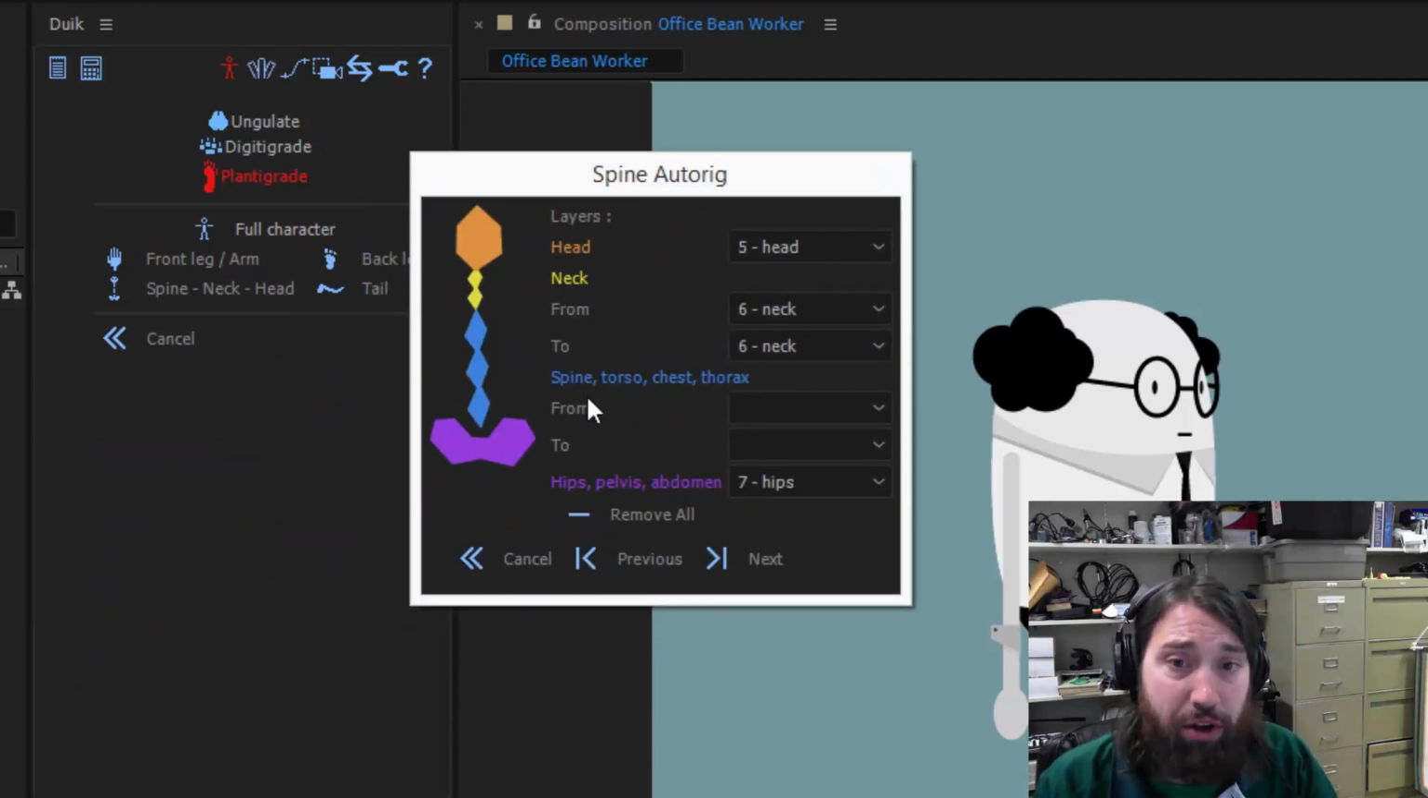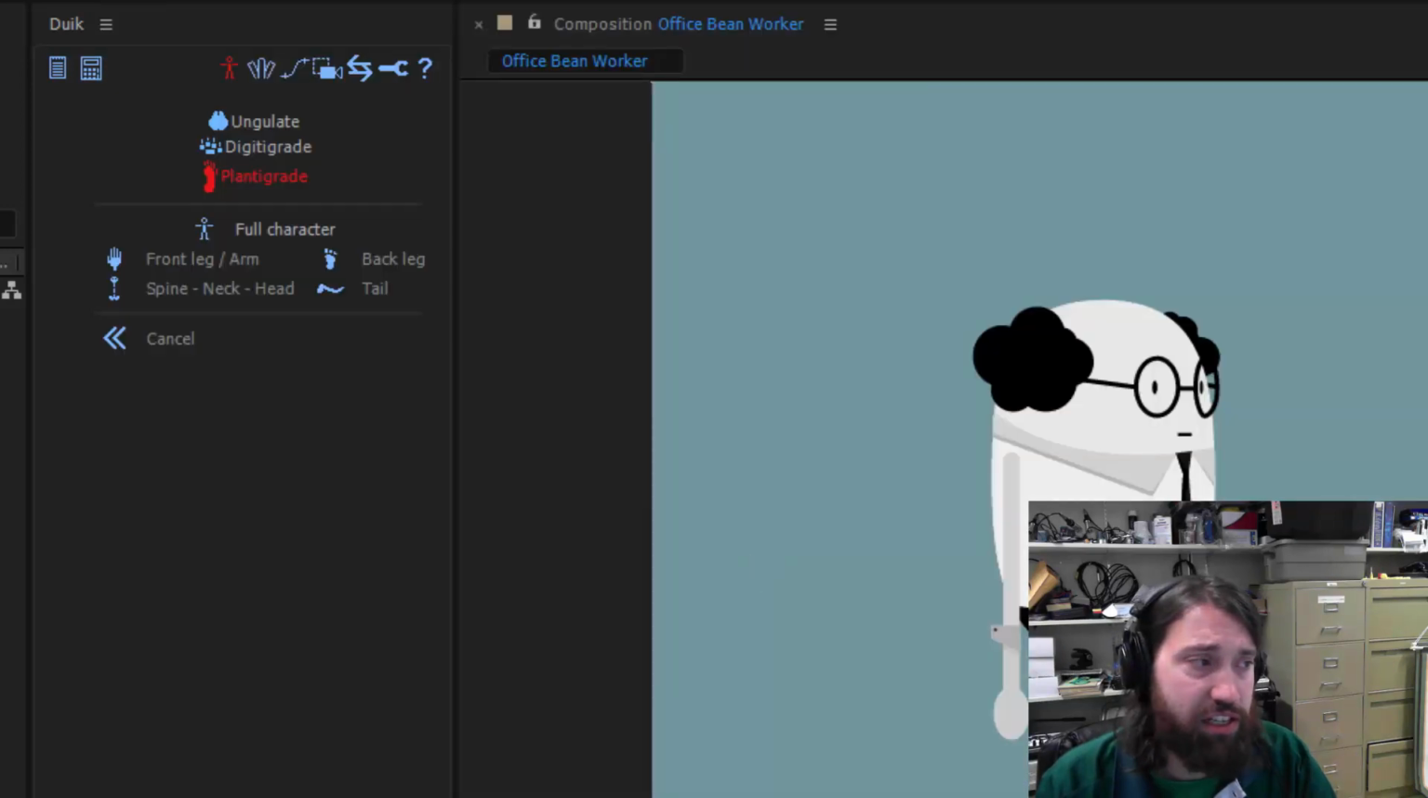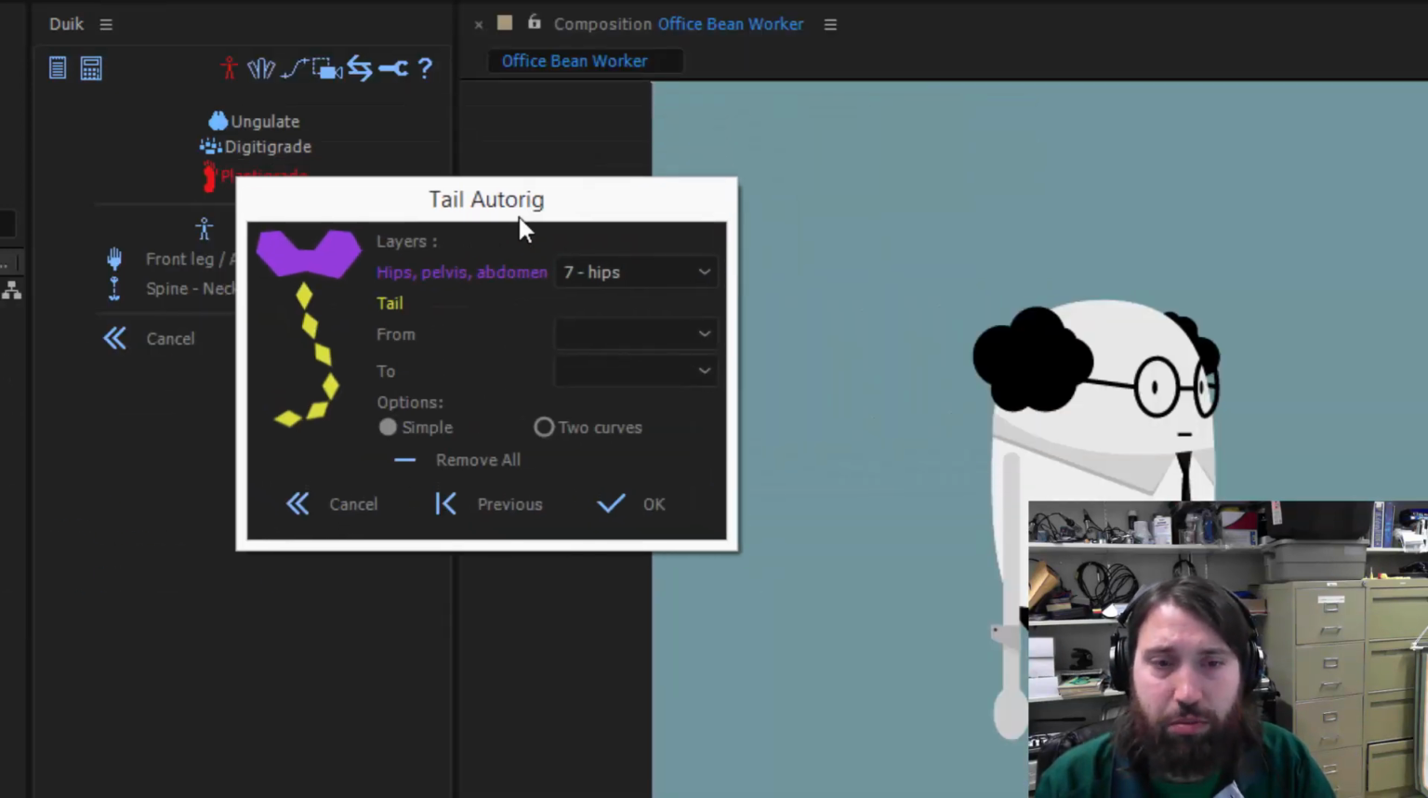Second last, we have the spine auto rig, where we can see it's chosen the head correctly. For the neck, there could be more than one bone or vertebrae, but we just have one. So we're going from layer neck to layer neck. We also didn't really give a bunch of spinal bones in the torso, so we'll leave those empty. But for the hips or the pelvis, we had that one bone called hips, and so that's looking pretty good. If I hit next, the last thing it's going to ask us is about a tail auto